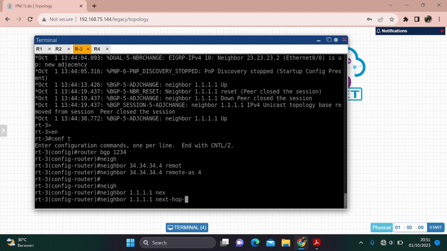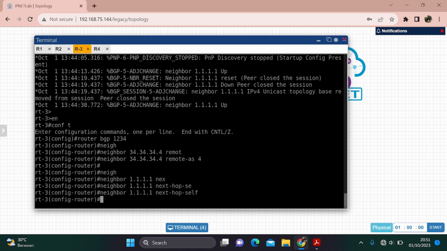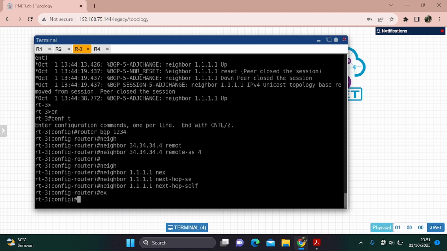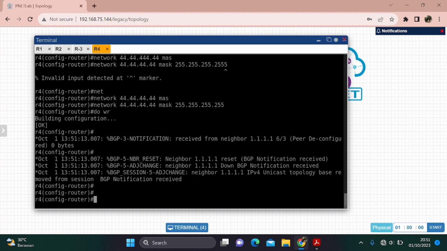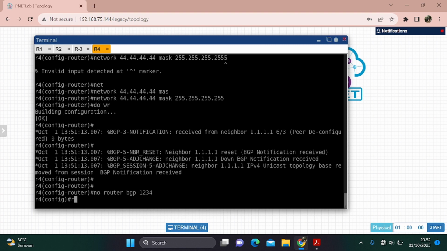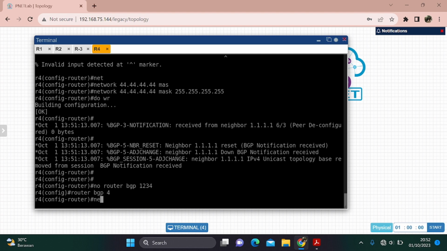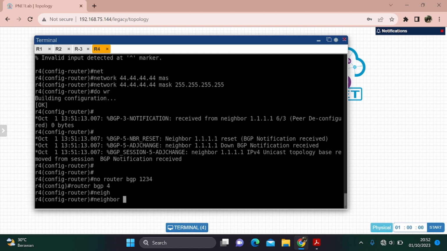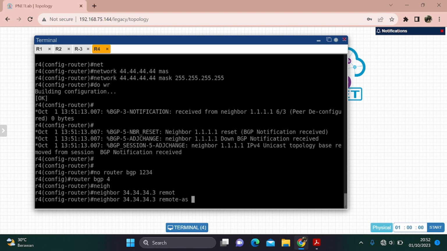Then exit, go to router 4. No router BGP 4, after that router BGP 4 and then the neighbor, the remote AS.